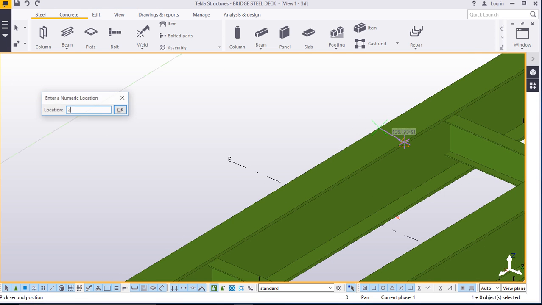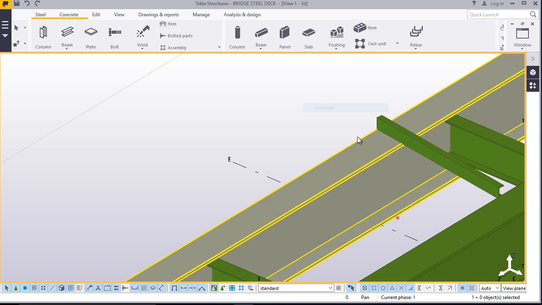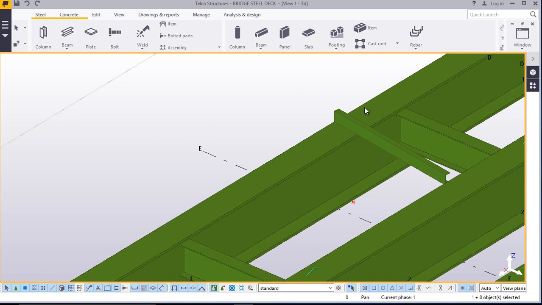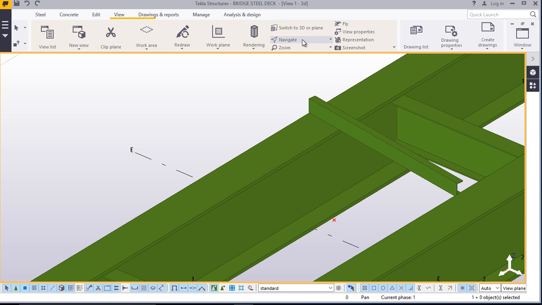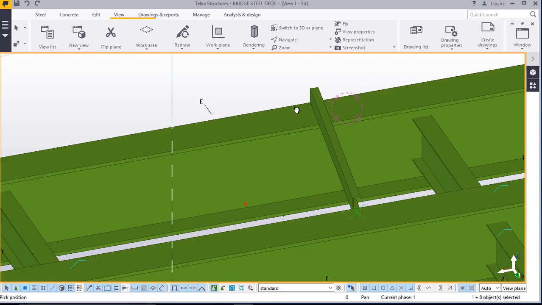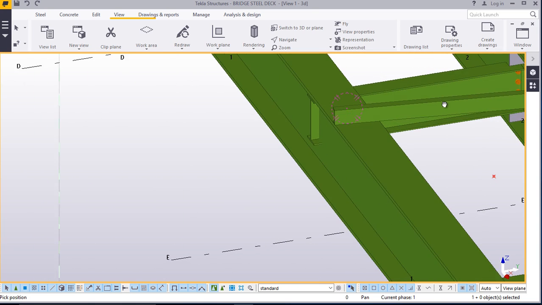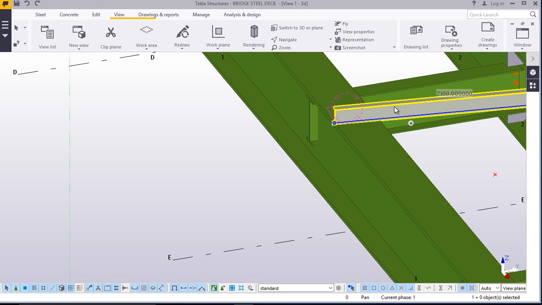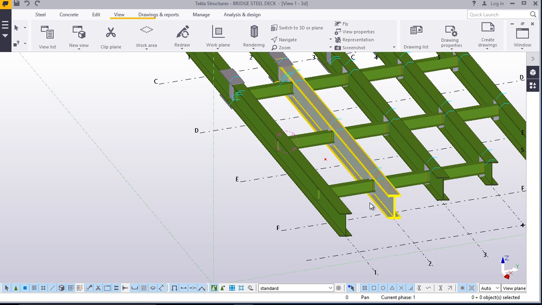We'll type 2100. This number is skewed, it's not straight, something we don't like. Delete this. Remember, center to center of this is